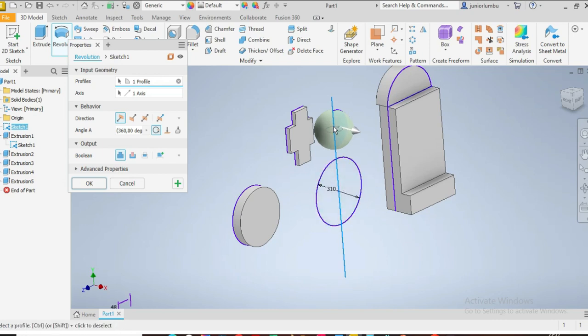I did that one in the first place, but you can come here again and say, now I want this one here. Okay, you select the profile, then you say select axis. Now there you go, you have a sphere as well. So I say okay,